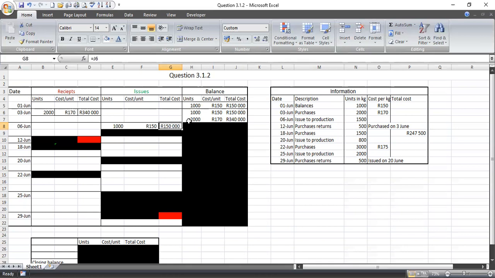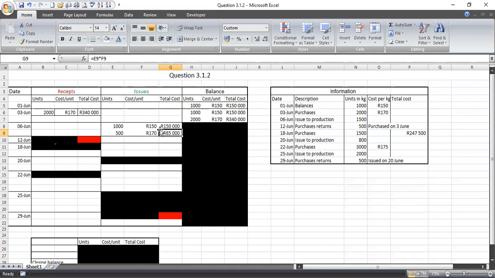So where are these 500 units going to come from? They're going to come from these 2,000 units. So we'll have 500 units over here, and at a cost of 170, which is being taken from here, and at a total cost of